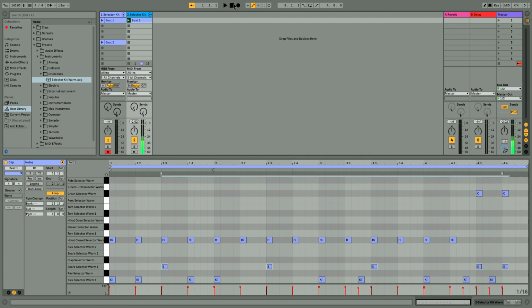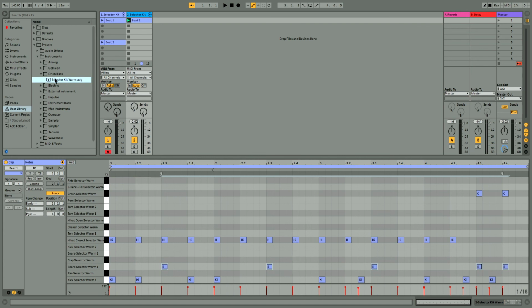Okay, doesn't sound much better either way, but it's a basic beat, and anytime that you want to use that same kit, this is just a test kit, but